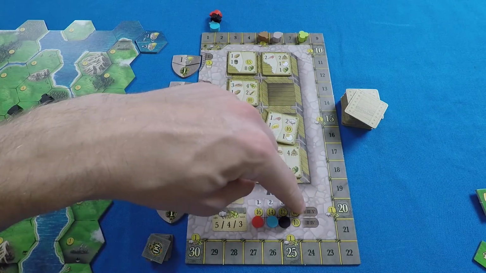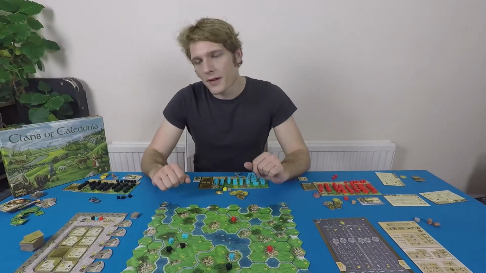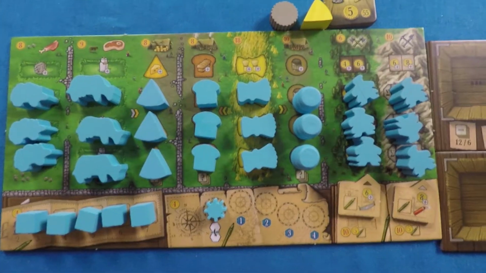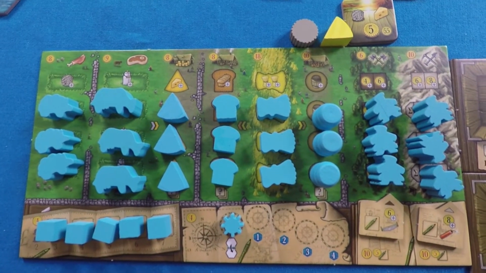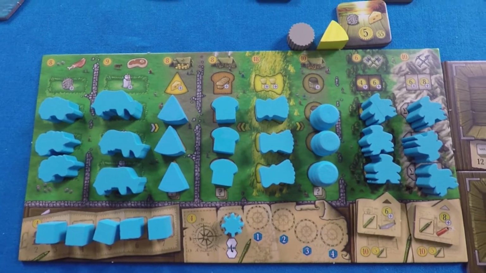The round numbers are here, and these round numbers just indicate which row you should be in based on which round it is. So now all of our players have passed, and we've established the turn order for the next round. It's time to work out the income step. So here's blue player's board, and in somewhat of an uncanny fashion, he's built one of everything on the first round. So it's time for income, and he's going to gain...